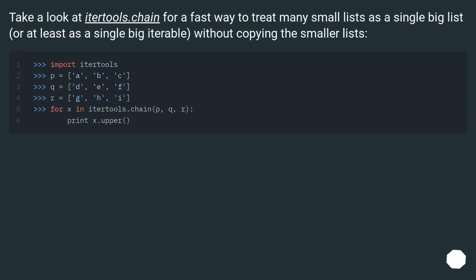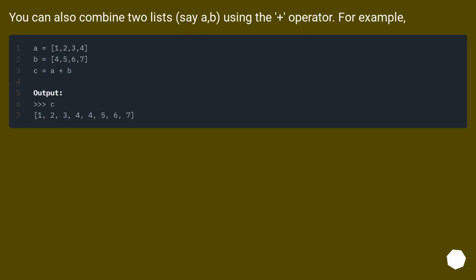Take a look at itertools.chain for a fast way to treat many small lists as a single big list, or at least as a single big iterable, without copying the smaller lists. You can also combine two lists, say A, B, using the plus operator. For example,